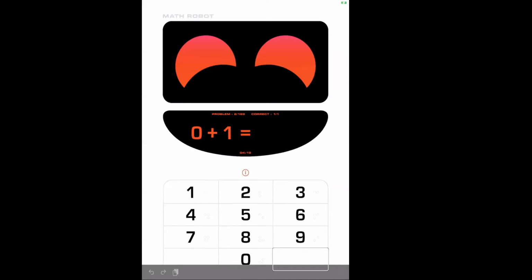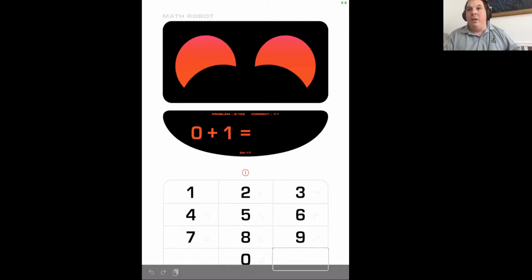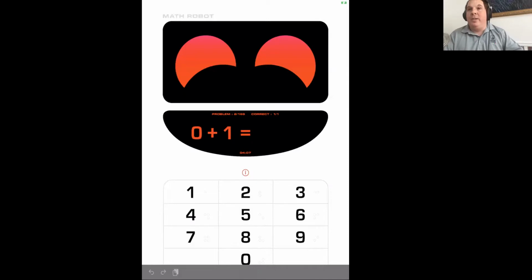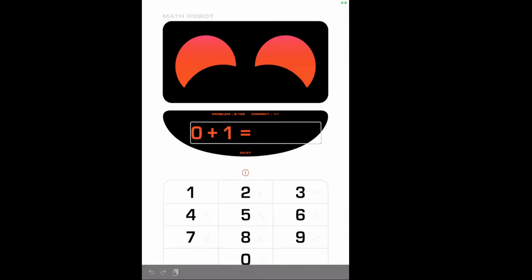So I took my finger and just moved down the screen. The number pad sits at the bottom portion of the screen. So if I'm up here at the top of the screen, you're just going to hear a bunch of blanks because there's nothing there. And as I move my finger down, blank answer. I'm at the blank answer. 0 plus 1. I can flick left and actually see the drill. Double tap to view blank 0 plus 1.